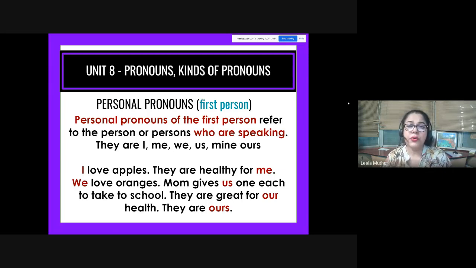Okay, so basically, these are the personal pronouns of the first person, the person or persons who are doing the talking: I, we, and the others connected to it are me, mine, myself, our, ourselves, us. Okay, these are the other pronouns which are connected to the pronouns of the first person. Okay, now